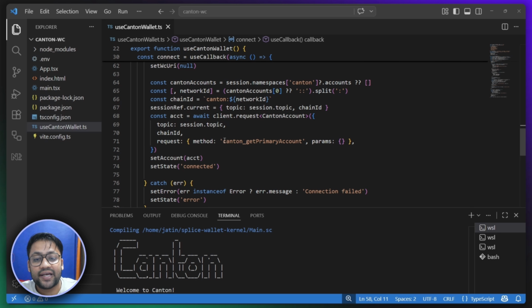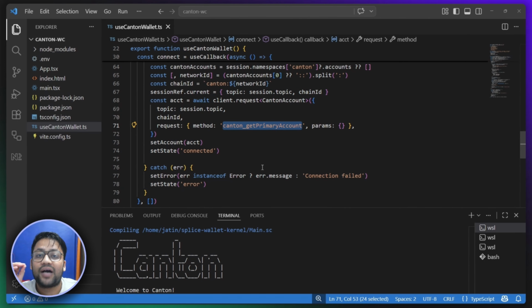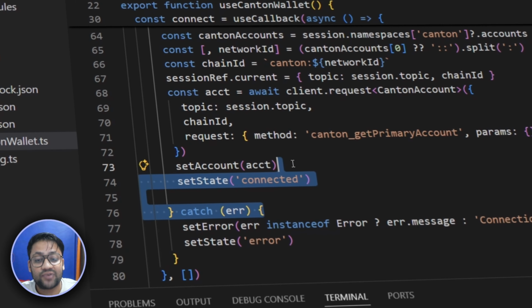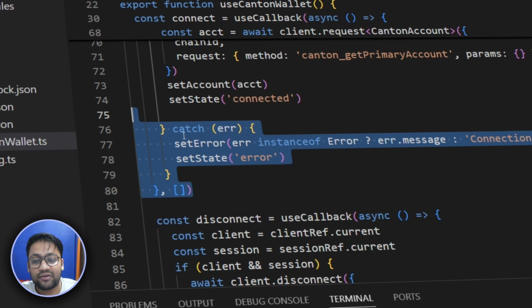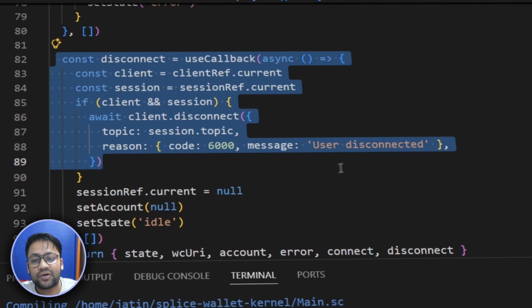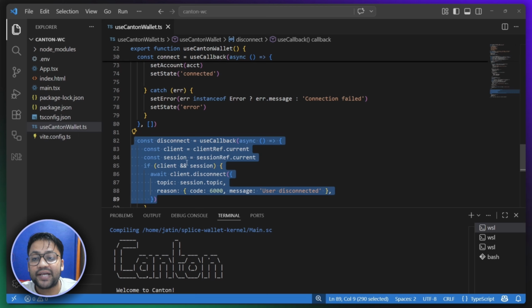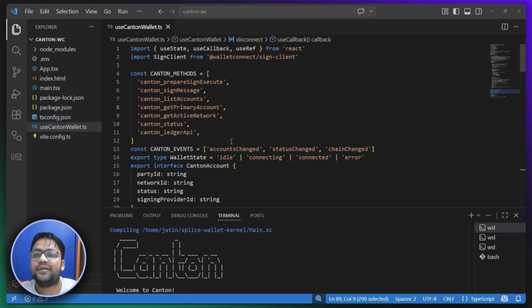And then Canton primary account also fetches all the information from your primary account available and your primary party ID, which is currently fetched, right? And then it takes any other logs that come in between. And if everything falls out, you can just get disconnected. And as you can see, it's a pretty straightforward line of code, and it's a pretty straightforward integration